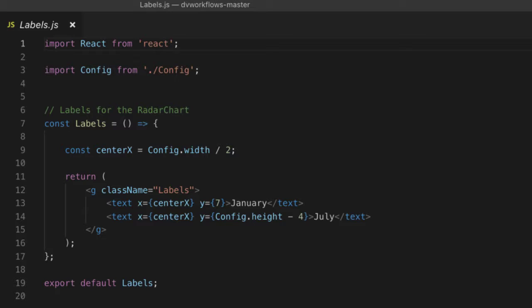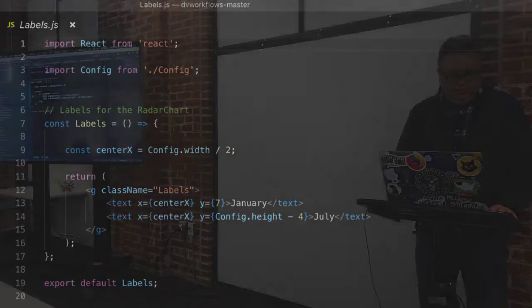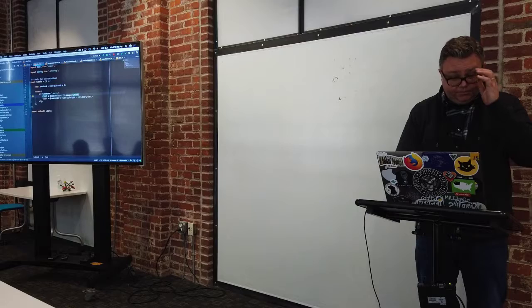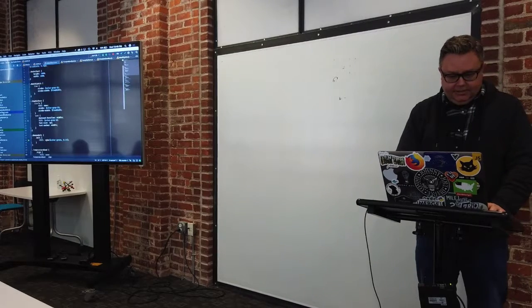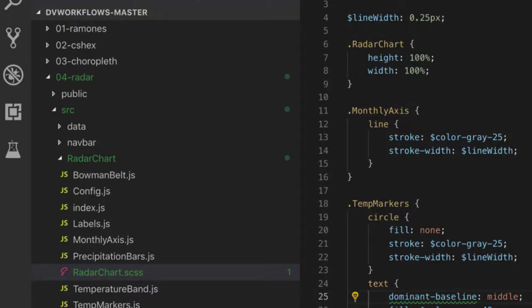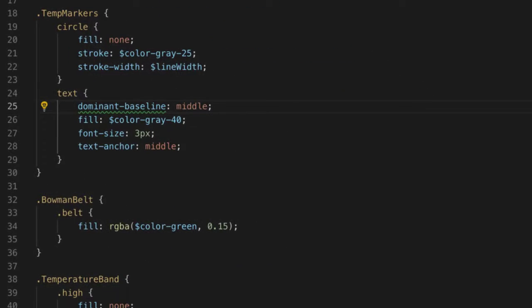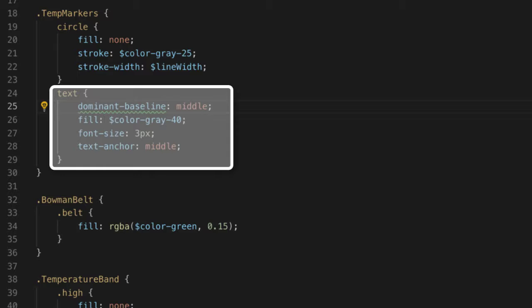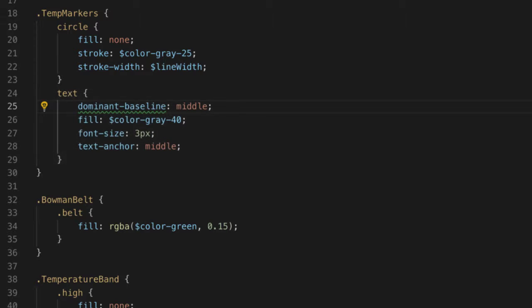One trick, if you're trying to center text in SVG, which happens a lot, is getting that text to line up. This is always one that people don't know about. There's a text-anchor attribute in CSS and dominant-baseline. What these two do is text-anchor will put the anchor point for your text